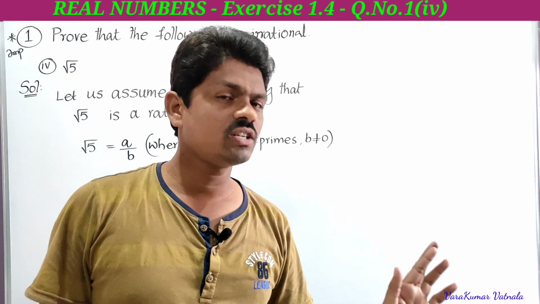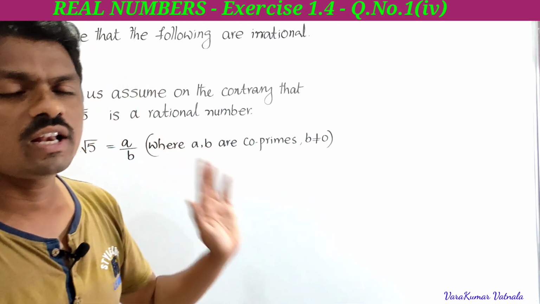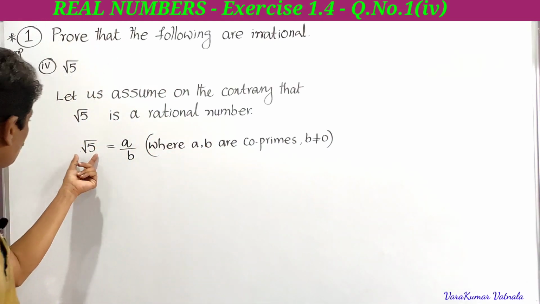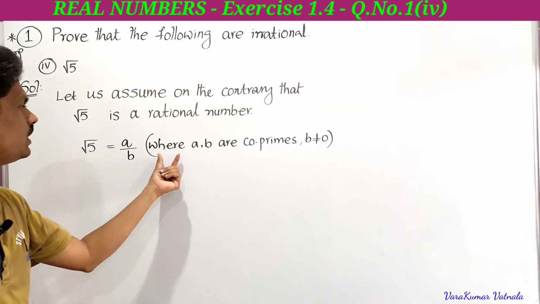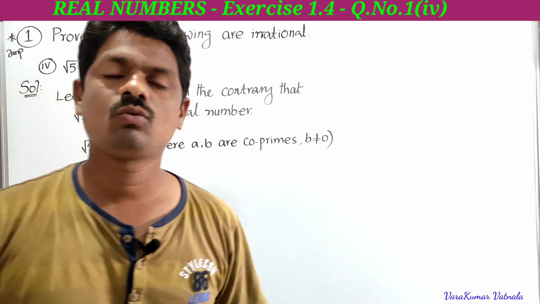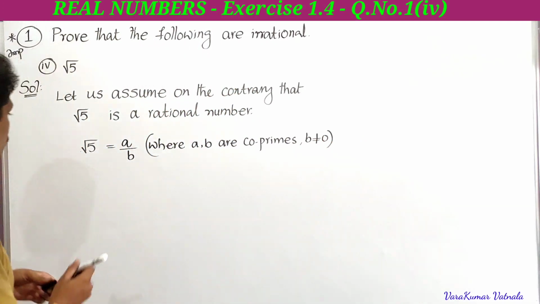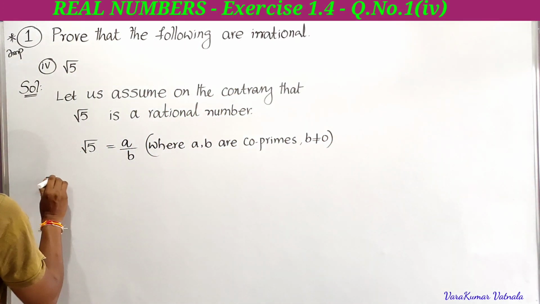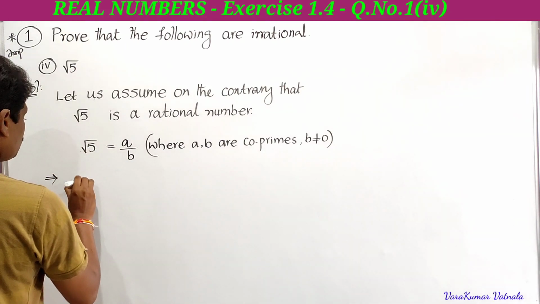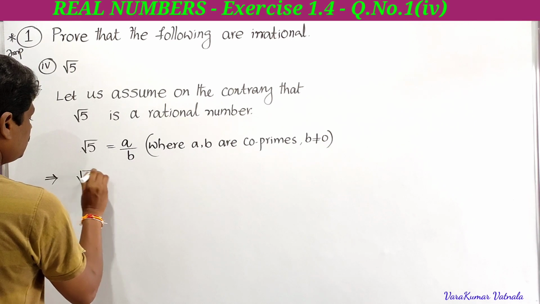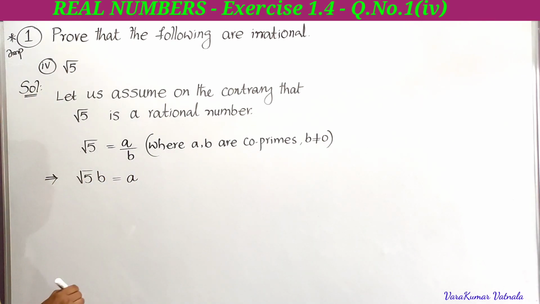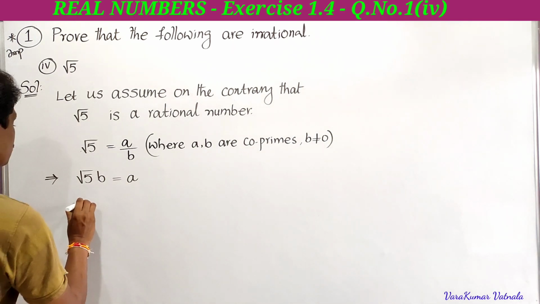If it is a rational number, we know every rational number can be written in the form a by b. So root 5 is equal to a by b, where a, b are co-primes and b is not equal to 0. Now we have to simplify. By cross multiplication we get root 5 into b is equal to a. By squaring on both sides,